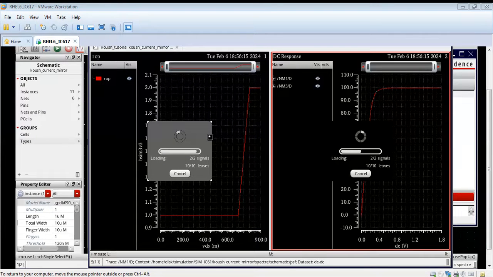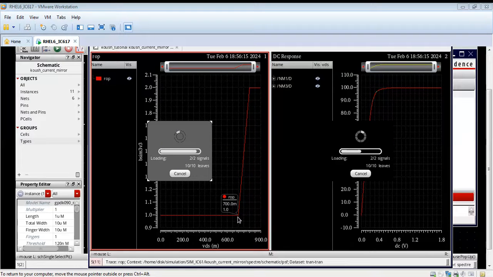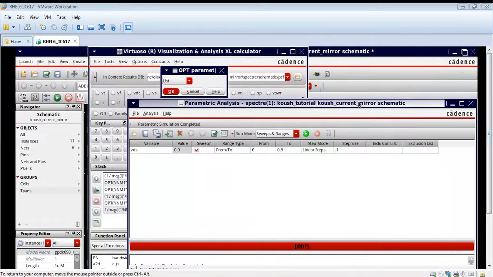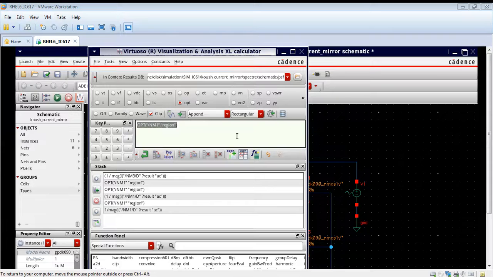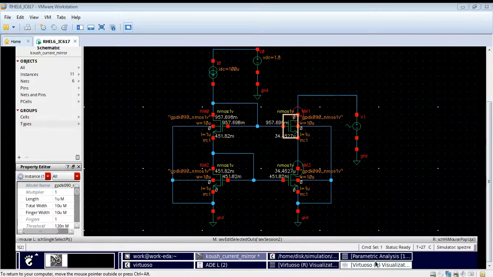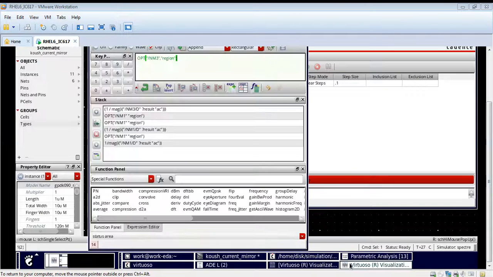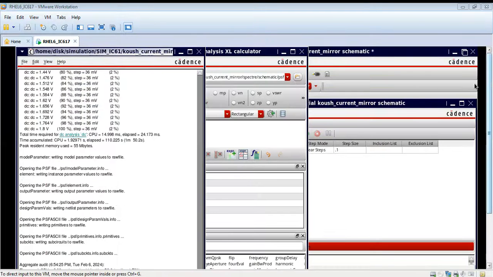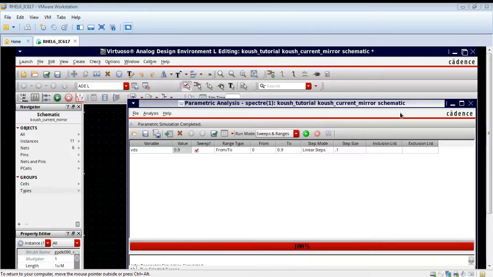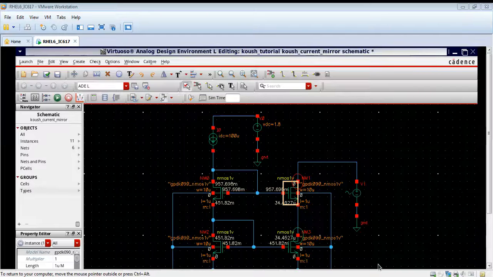So here we have the window open. One denotes the linear region and two denotes the saturation region. Here we can see that at 700 millivolt the NMOS was in the linear region, and at 800 millivolt it went to saturation. So the transition point lies between 700 millivolt and 800 millivolt. You can try to find it for NM1 also. It will show that NM1, the NMOS which is below, will go into the saturation region at a value which is below the above NMOS.